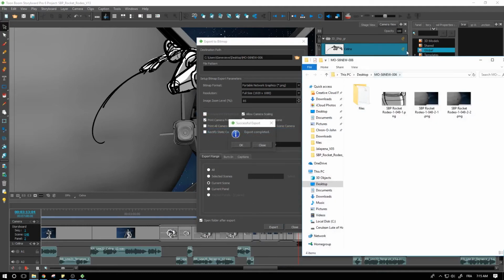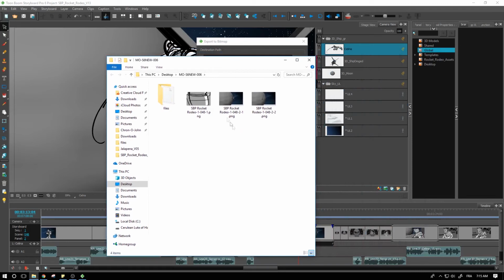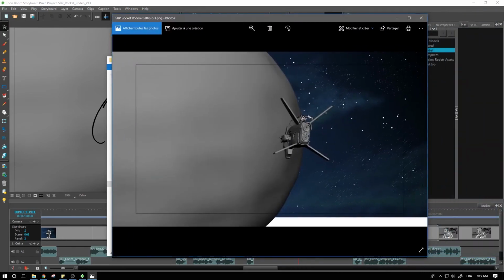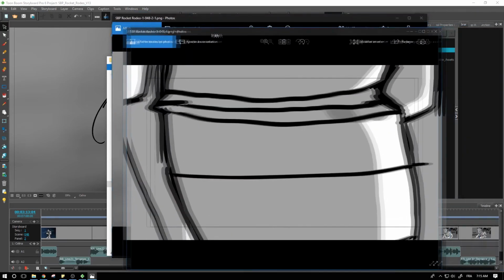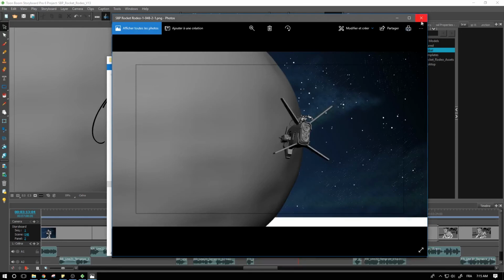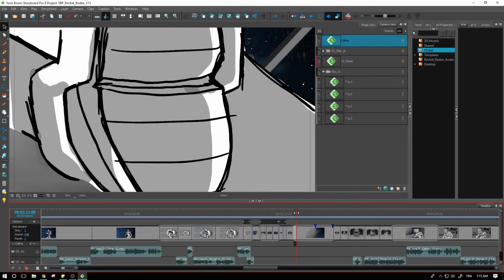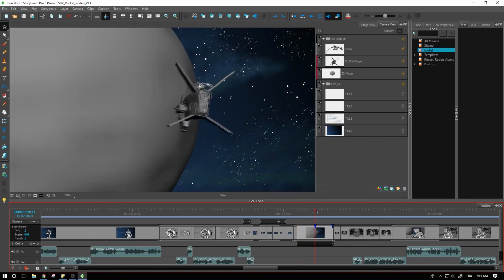And here we have it. So now we've got our first image. We start pretty close, right on the foot. And we've got our second image and third image right here. So as we can see, all three images have been exported. So we had our scene starting over here, and then we just kept going